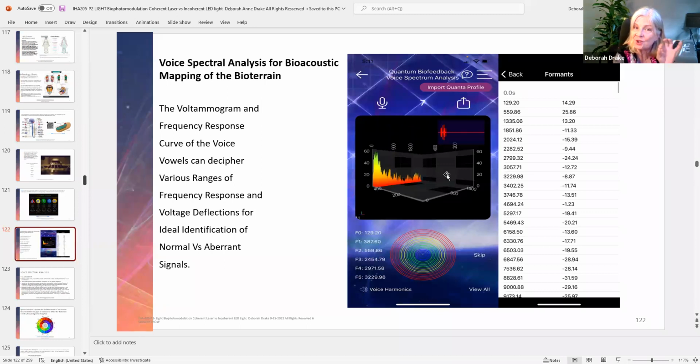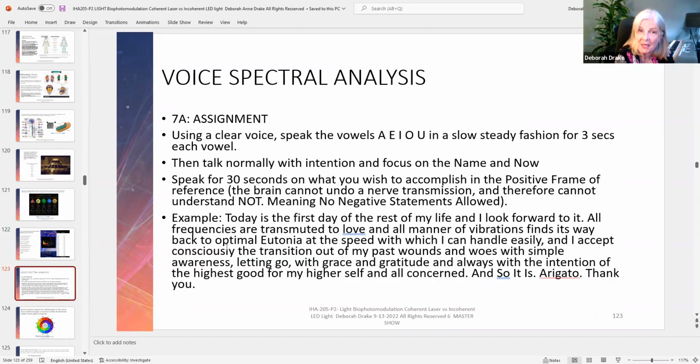And as a result of us checking your voice for voltage at 6 different levels of volume and across a frequency spectrum up to 20,000 hertz, we're able to predict with great accuracy, by using a clear voice and saying A, E, I, O, U for 3 seconds, we're actually getting an incredibly accurate positive frame or mirror image of you, with no negative side effects, no invasion, no transmission, no undue circumstances. It just is basically giving us some directions as to where to bring you back into eutonia by saying,